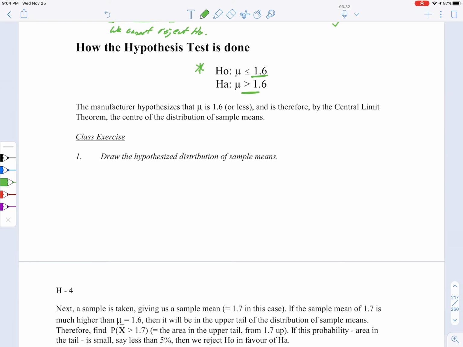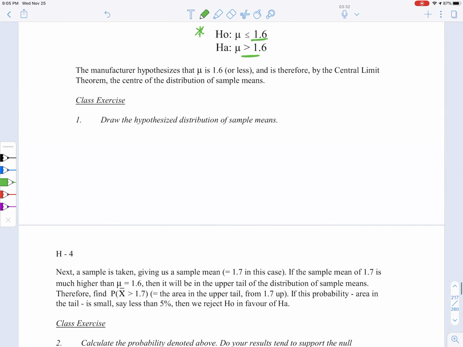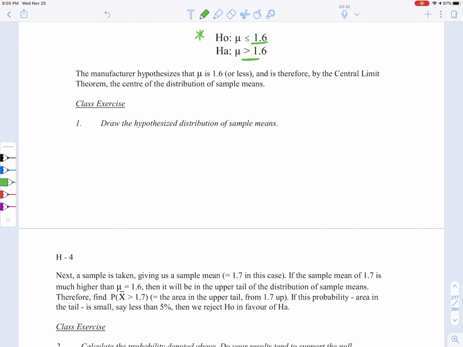Now, in the case of a court case, you would say we want to be almost certain. In the case of a business case, then usually we want to be, say, 95% certain. So that leaves us with a 5% level of significance. That's the same alpha that we had back in confidence intervals. We'll get to that a little bit more. So the steps that we go through here